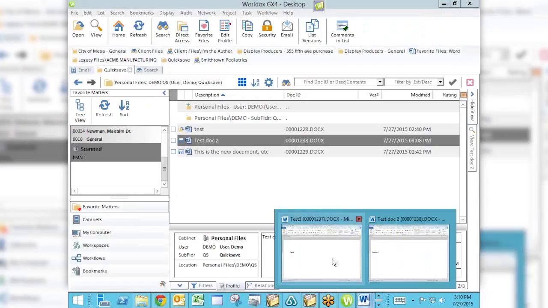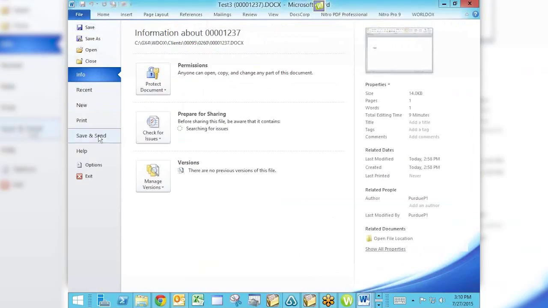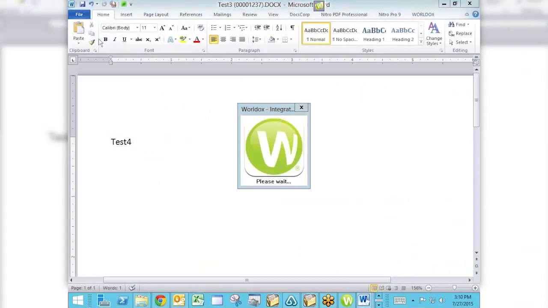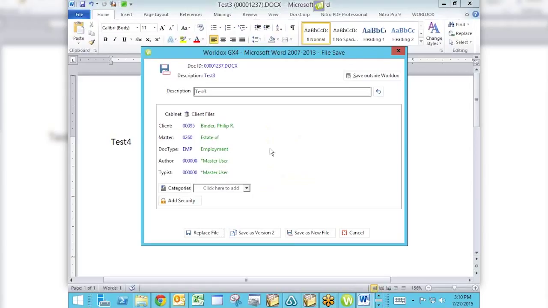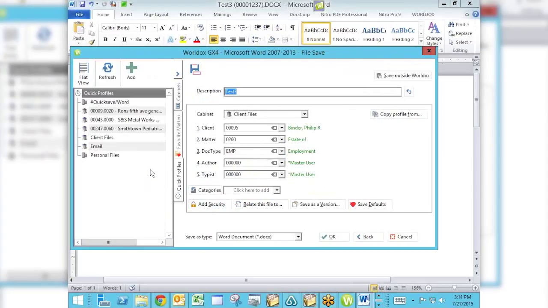So I'm going to go into Word, and I'm going to just open up this document here. And if I were going to go in and just do a regular save as, what I really want to do is just get to where I created that profile. So if I'm in this original profile, I have to save this as a new file. There we go. In this original profiling screen, there's a little quick profile pull-out menu over here on the left. And if I click on that quick profile pull-out menu, you see I have one already over here called a little pound or hashtag,